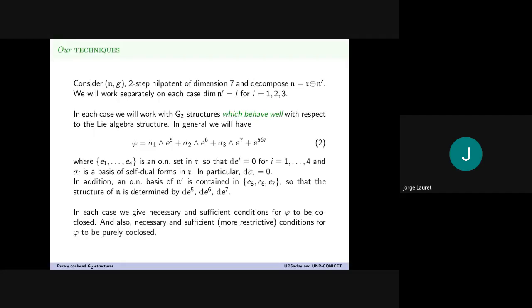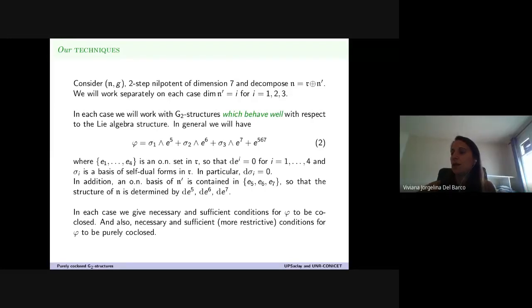So these conditions of well behavior can be assumed up to equivalence? Or? Yes, well, this is, I'm going to talk about that. Actually,